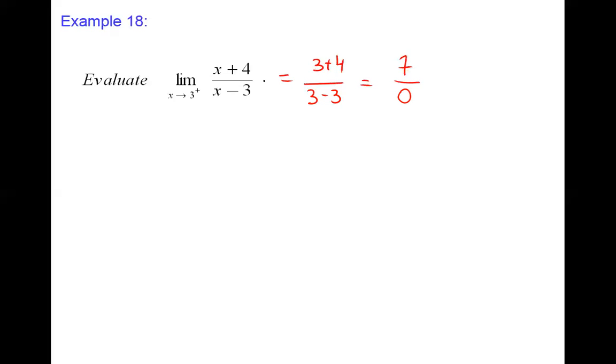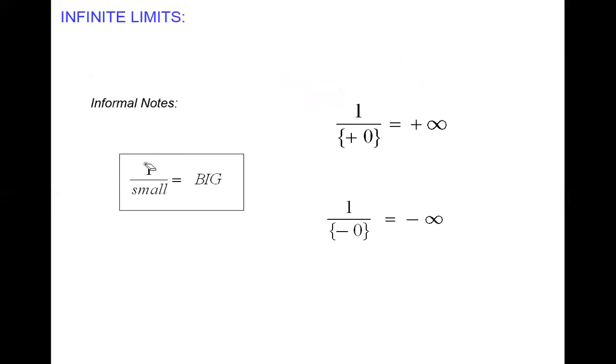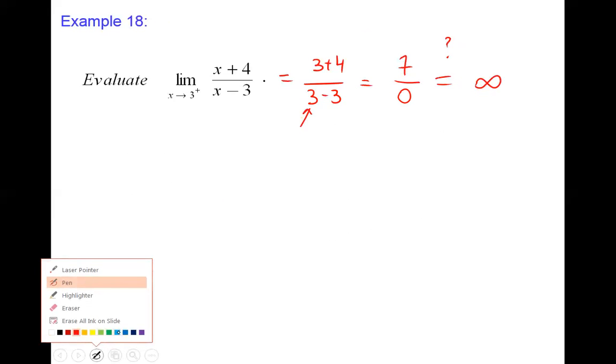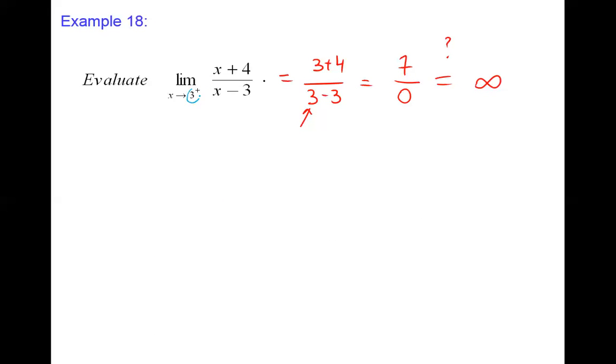Second of all, this is not 0, because having 0 in the denominator, we do have a problem. It's not 0. But what it is, a number, 1 or 7, doesn't matter, over a small number is a big number. I'm dividing a constant number over a small number, so my answer will be a big number. The only thing is I have to check the sign, positive or negative. I don't really have to investigate 7 because that's fine, but 0. I did substitute 3, but to be really exact, this is 3 from the right-hand side,